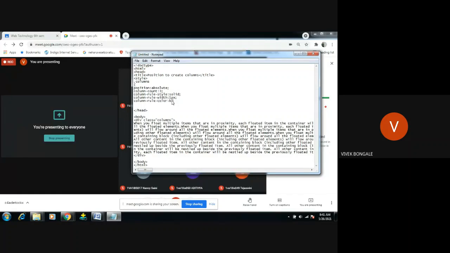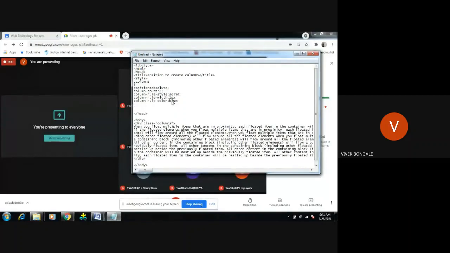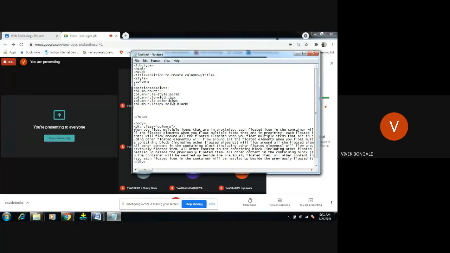I want to display the column rule in blue, and the outside part in black. So column rule 1 pixel solid black, then border, 2 pixel solid black.